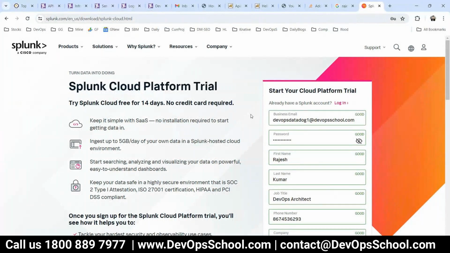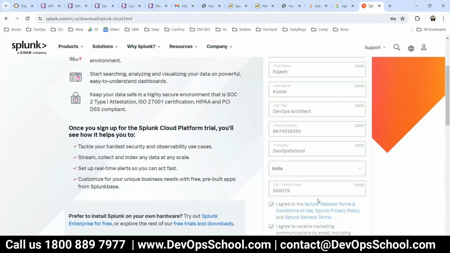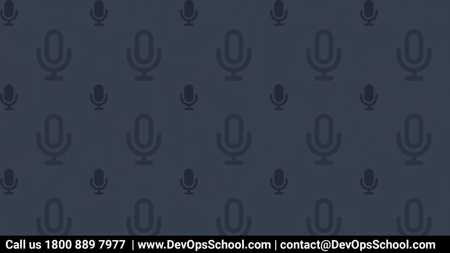So this has not been used, so we can use this one and create an account. You can log into the old account as well, but the problem which will happen is you will not be able to see all the features, and that is something which will have a problem. Okay, so let me verify that account,